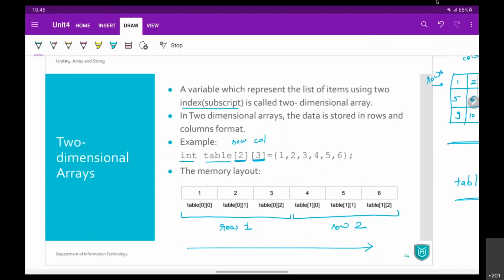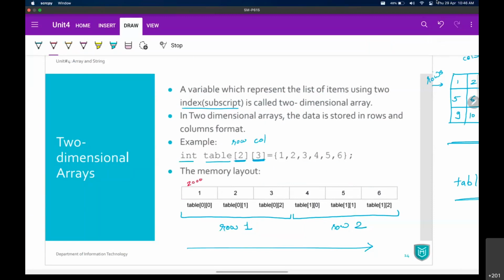Which means if you say that your array is starting from address 2000, so that will be the first row, first column, 0 0 element. The 0 1 element, if it is integer, is going to be somewhere at 2002, then 2004. Now the first element of the second row will be at 2006. That is the sequential addressing you will have, 2008 and 2010 and so on. Now this is going to be the address.